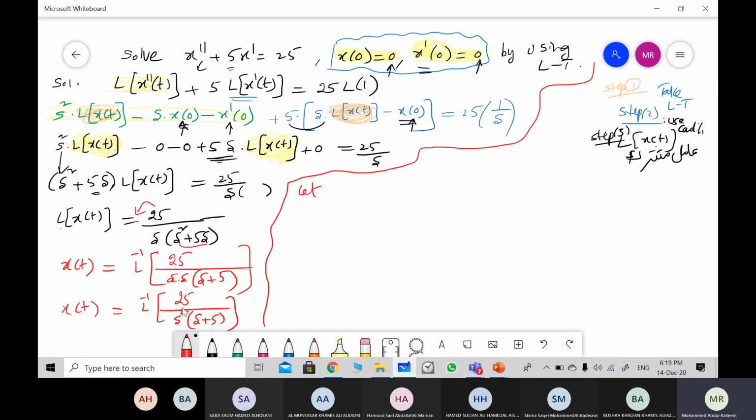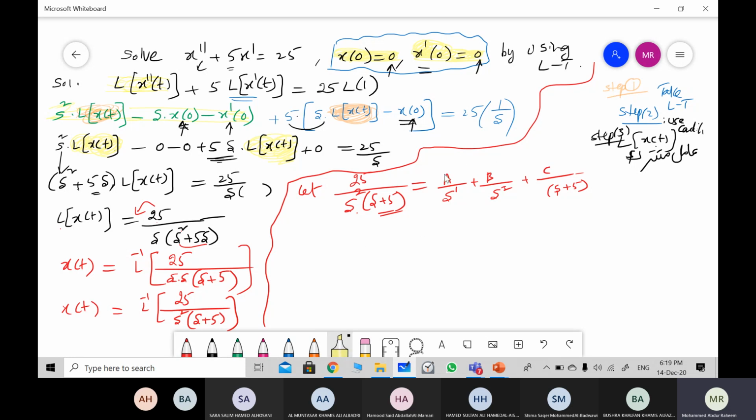So to find partial fractions for the inside, 25 over s squared and s plus 5. How to take common? A over s, if s squared, we will take like this, A plus B over s squared, like this, plus C over s plus 5. Here any doubt, please? No problem. This is the method. For s squared, you have to take s power 1 first, again s power 2, like that.